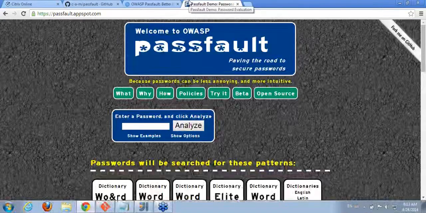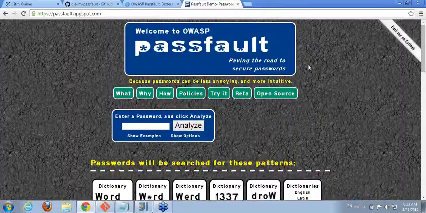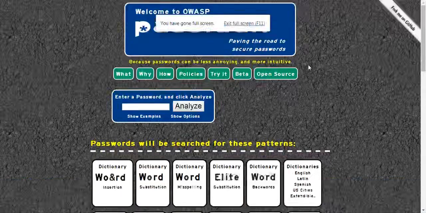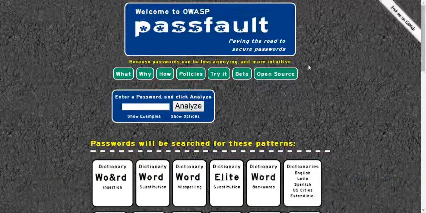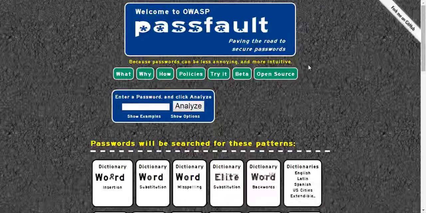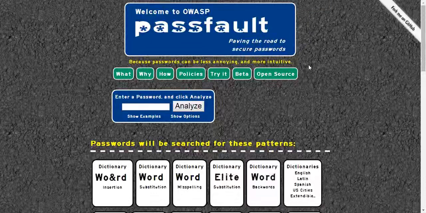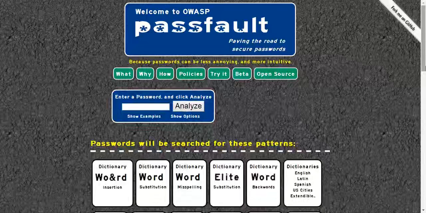And that is probably the most frequent question I get: what do we do with the passwords? Is it done locally? There are some things we can do to analyze the password locally. We have an applet, and we also want to do some more work to compile this down to JavaScript so it could all run locally that way.